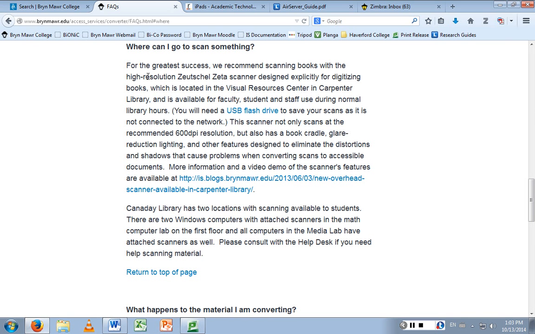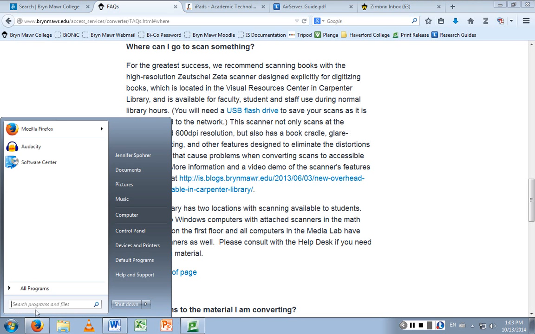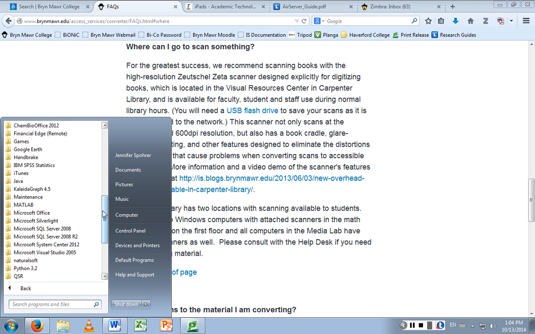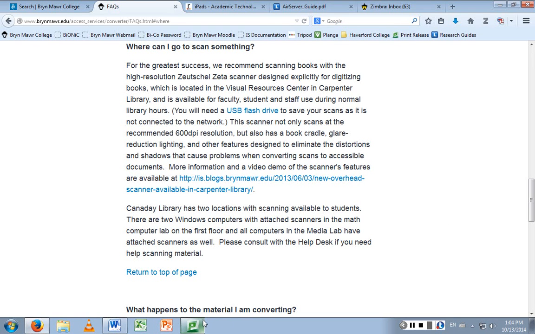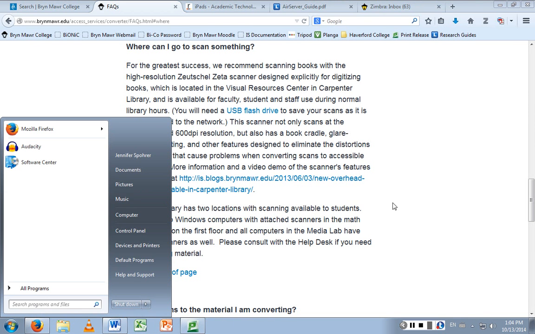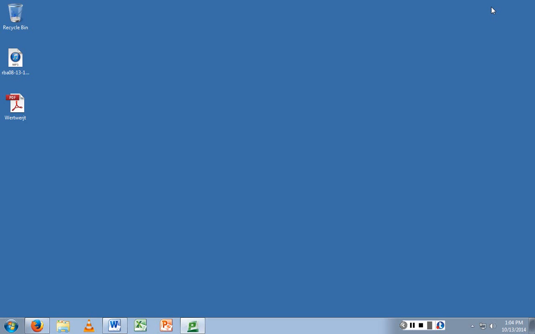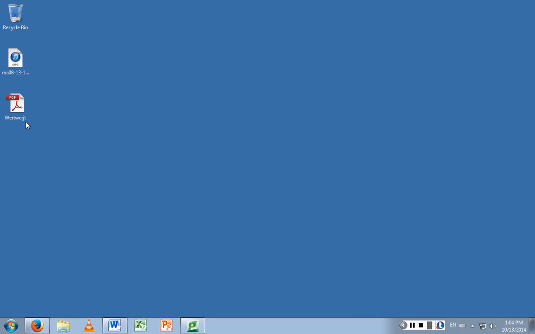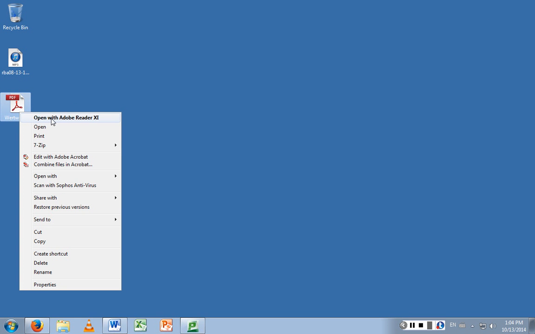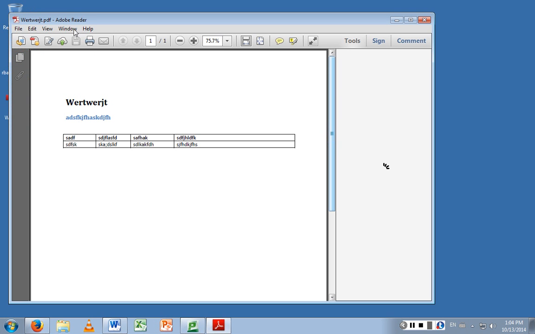How do you know if it worked when you don't have the reader? Well, one of the readers that we use is Natural Reader, and I know it's on all the library computers, on this computer, and you can download it for free. That's what a lot of our students use because it's free. The other thing you can do, and maybe Acrobat Reader will have this as well, I know Acrobat Pro has a text-to-speech. Let's see.